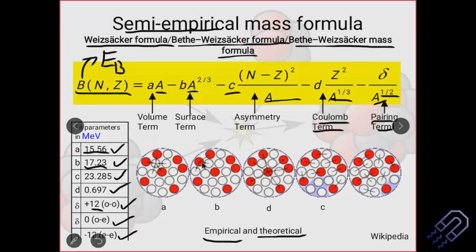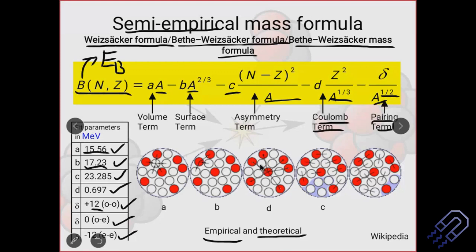Now if you consider this as the center, you have one on this side, one on this side, one on this side, fine, but you don't have anything on this side. So this brings in a different change, okay? That means the surface term is not equally divided. So this actually reduces the binding energy. This reduces the stability of the nuclei, and that's why there is a negative sign, okay? We're going to come into that again.